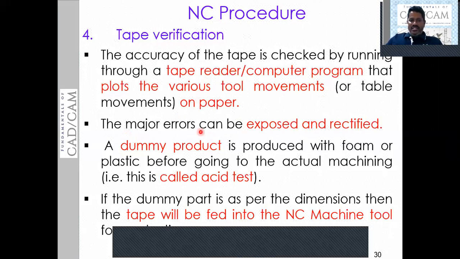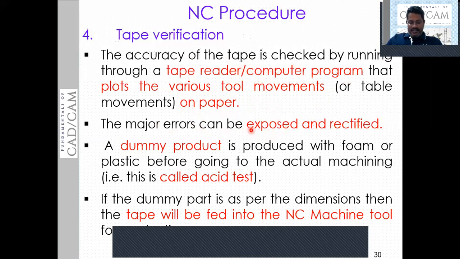If the movements of the tool are irregular or have any error, those will be rectified in this stage. We can assess the movements of the tool, which are documented on the paper, by reading the tape reader or with the computer in the case of a CNC machine.